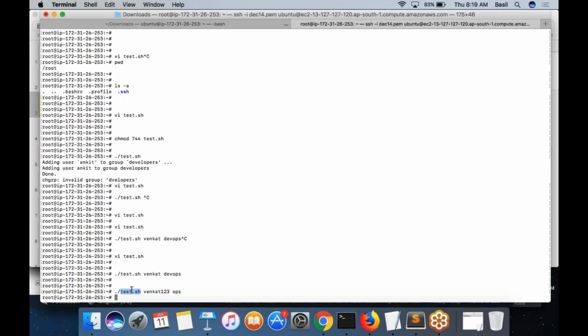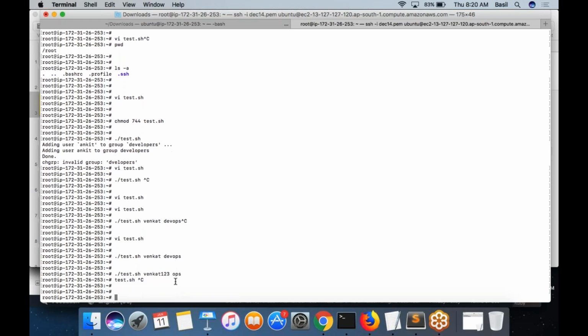I could rather add this file into the path, right? If I add this file into the path, they can even execute it like this: test.sh venkat ops.